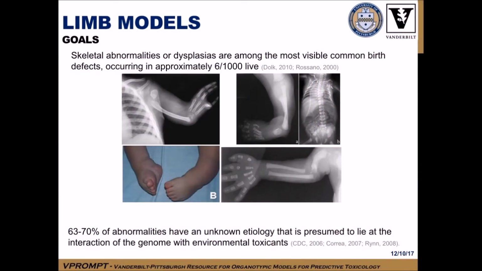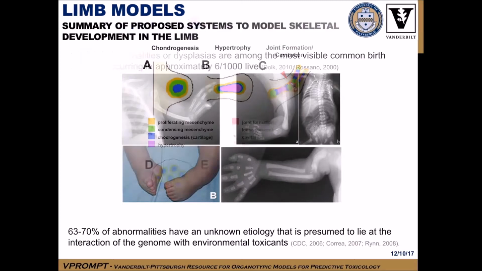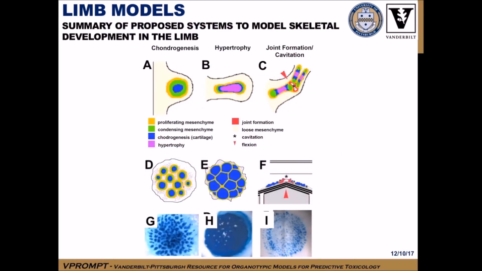Skeletal abnormalities or dysplasias are among the most visible common birth defects. Up to 70% of abnormalities have an unknown etiology that's presumed to lie at the intersection of the genome with environmental influences. We're trying to model 3 different phases of limb development: chondrogenesis, hypertrophy, and joint segmentation, each with a